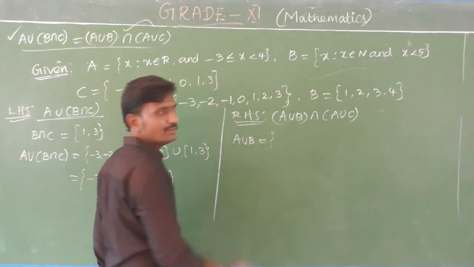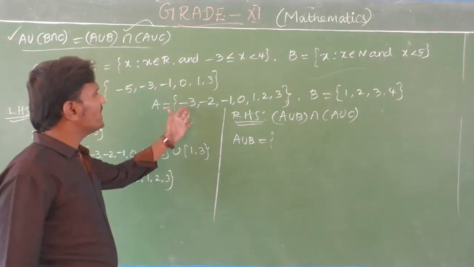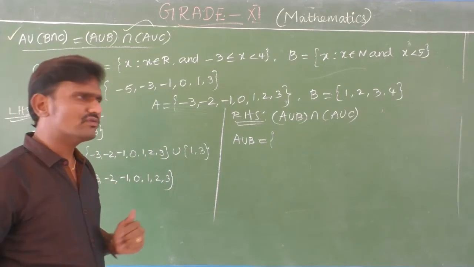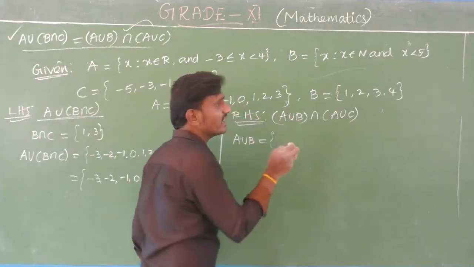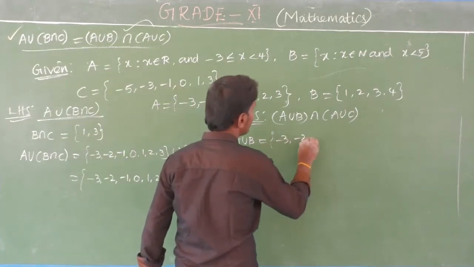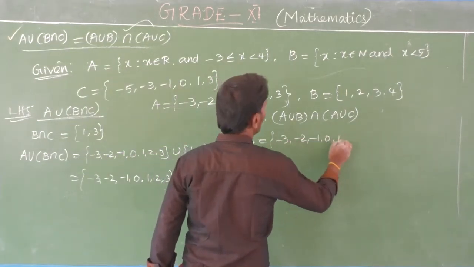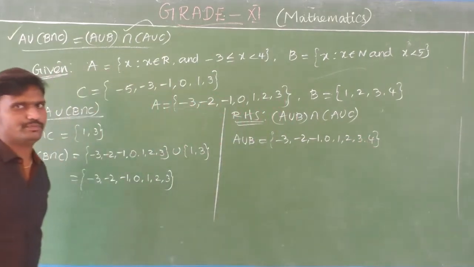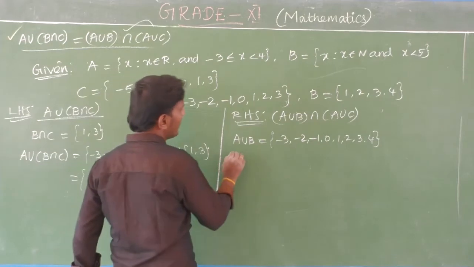So this is very simple here. Why? Because of C: minus 3, minus 2, minus 1, 0, 1, 2, 3, and there is 4. Join means we get the same but it is added by only one element. So that is minus 3, minus 2, minus 1, 0, 1, 2, 3, 4; only 4 is added by that. Okay. And next A union C.